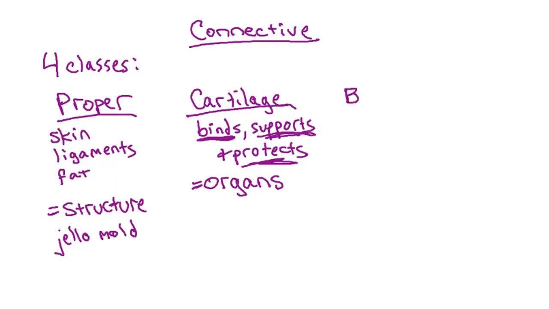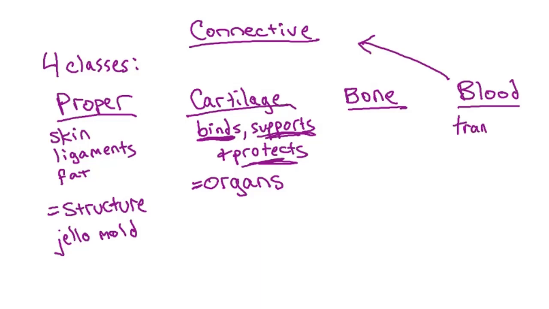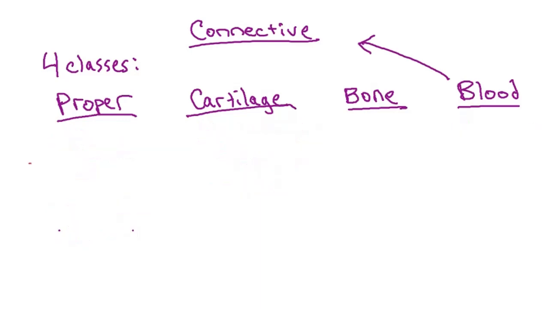Also, out of the 4 classes, there's bone, which is your bones. And the 4th class is blood, which is your blood. Blood is a connective tissue, and blood is responsible for transporting things. Now, all cartilage is comprised of non-living material,